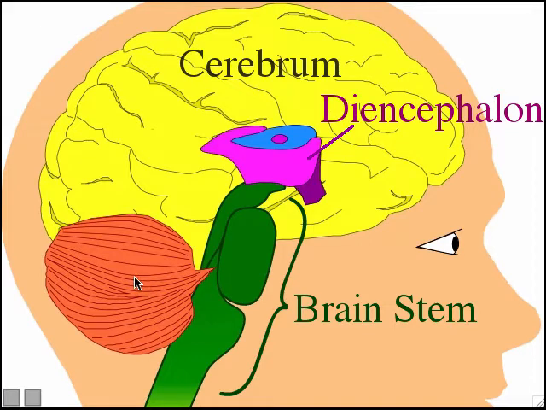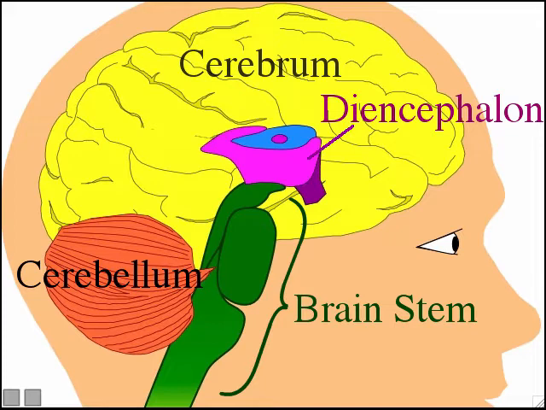And this last part, this kind of a red-orange colored region right there, is called the cerebellum, which unfortunately looks and sounds a little bit like cerebrum, but those are two different regions of the brain. The cerebrum and the cerebellum are two different regions. Okay, so the four major regions of the brain: cerebrum, diencephalon, brainstem, and cerebellum. So what we're going to do now is go through these four regions one at a time and talk about what brain functions are found in each of these four regions,